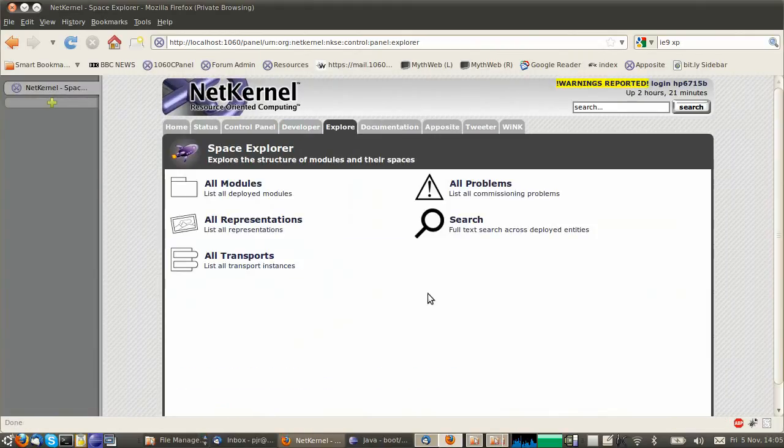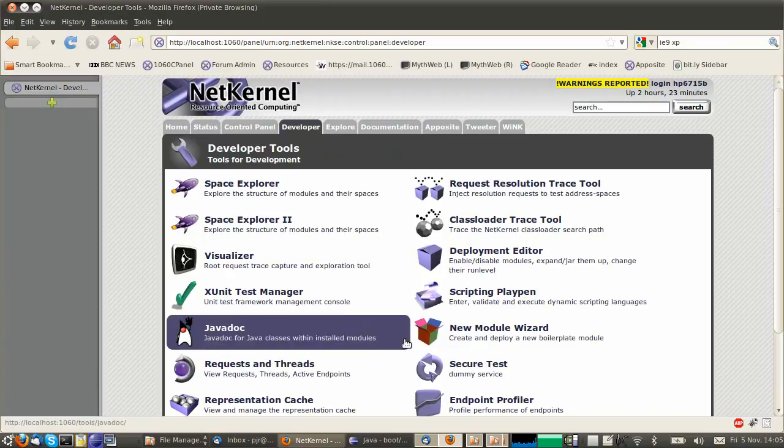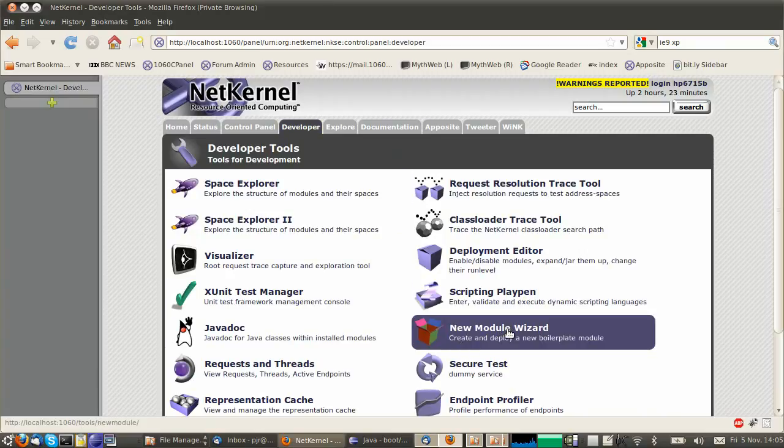So what I want to do is take you through a tour of the tool, but use a sort of real development cycle to show how the tool can be used to interact with development, but also be used to navigate your way through pieces of functionality, libraries and modules that might be given to you by colleagues in your development team. So to do that, what I want to do is create a new module, and I'm